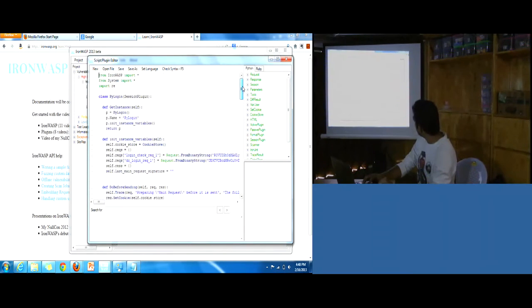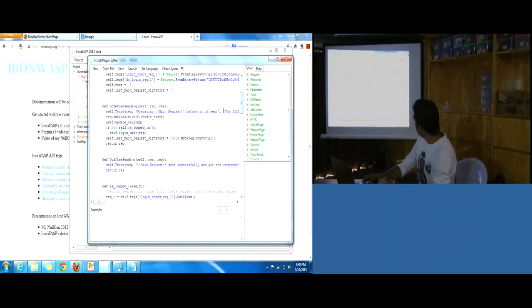Here there is a method called do_before_sending. When you do an automated scan, the tool calls this method of the plugin, and it calls a method called is_logged_in, which does the login check. If you are not logged in, it calls the login_user method.